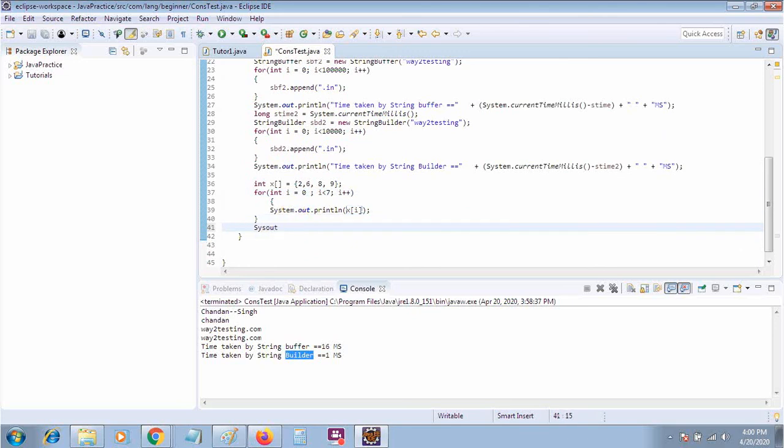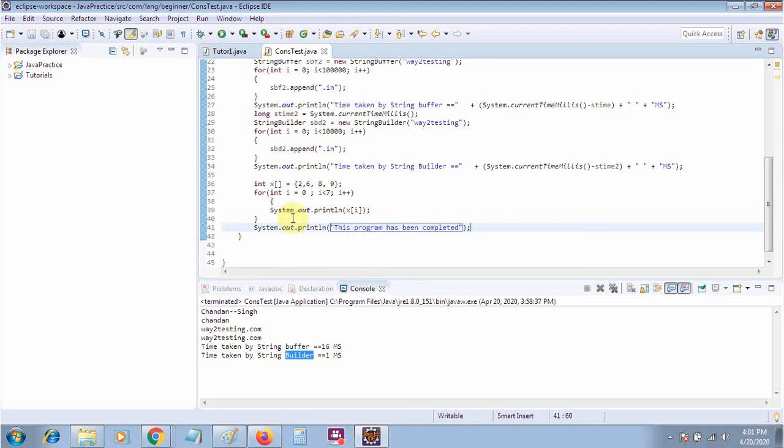But suppose that I want to print this value. After that, suppose that after this array, I want to print that the program has been completed.